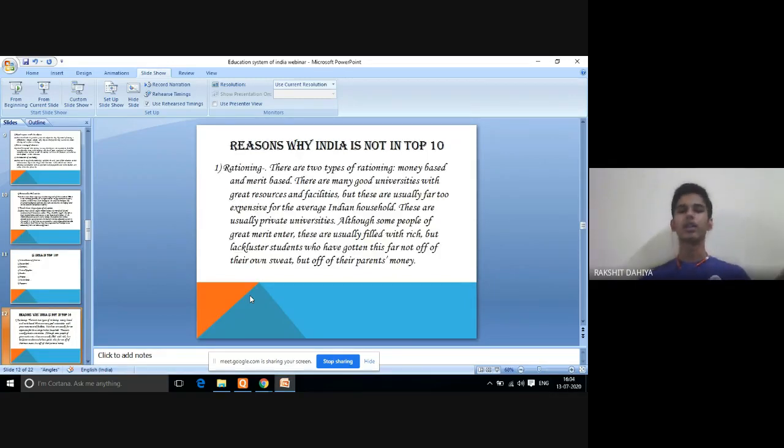First, rationing. There are two types of rationing that happens with us. The first is money based, and the second is merit based. So we all know that there are a lot of fees asked from the parents for colleges and universities, for the private universities, I would say, because government does not ask for much money. But private universities ask for a lot of money,